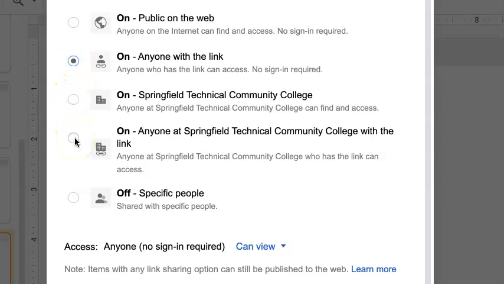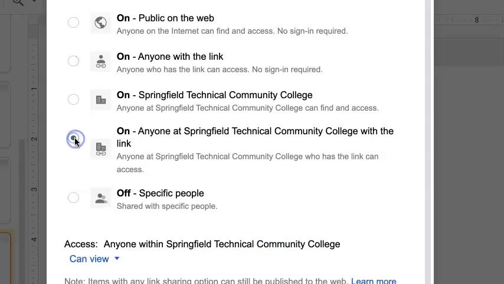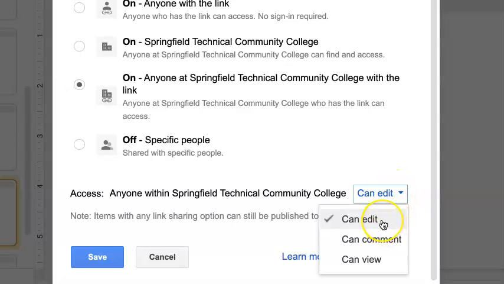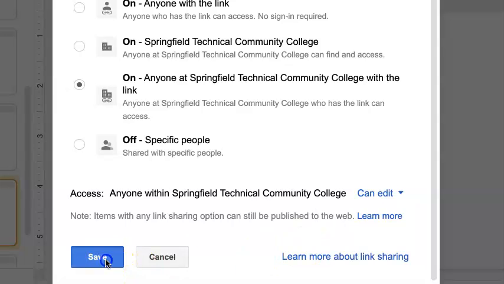If you want students to be able to edit it, for example, if you wanted students to collaborate on Jamboard, you would probably want to choose this one. Anyone at Springfield Technical Community College with the link can view, can edit, can comment. You make the choice. If students are going to be collaborating, I would recommend highly that they can edit. Of course, be sure to include in your instructions to your students that they must be on their STCC Gmail account in order to do this. Then you would simply save